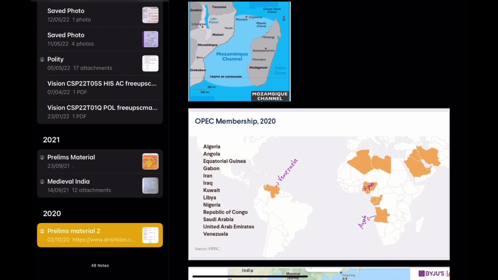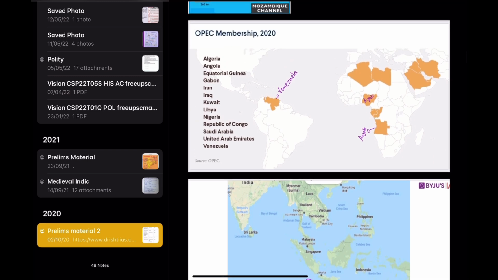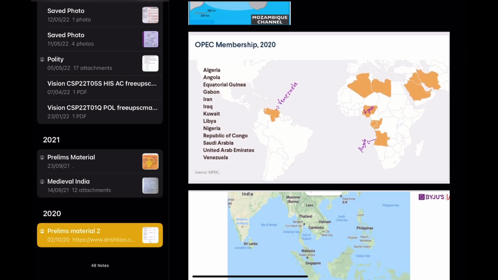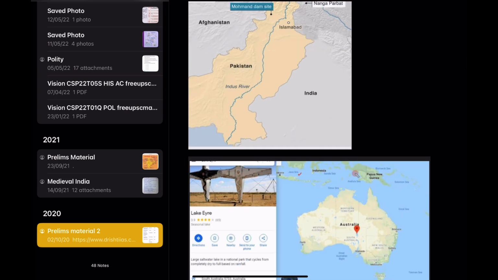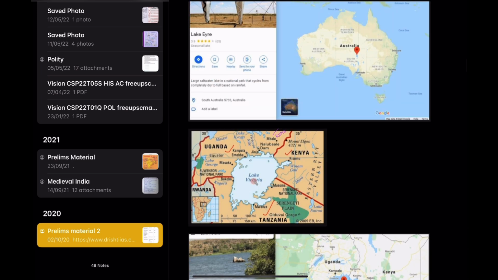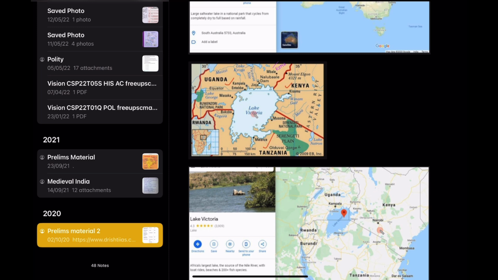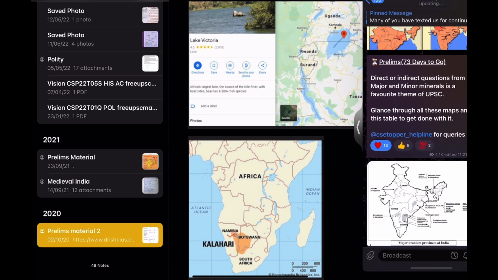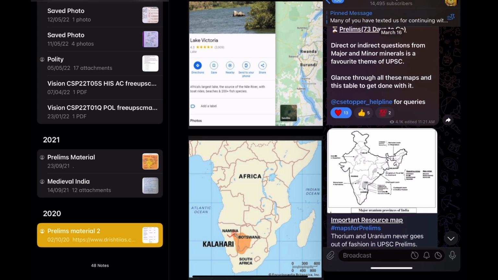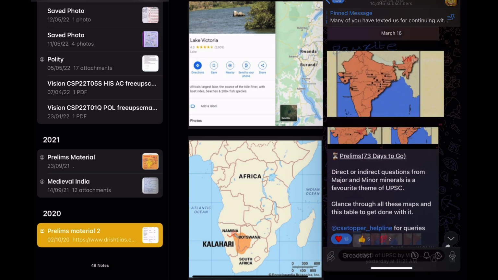And in the prelims exams that I sat in, because of having this content which can be revised very often, for example, this is the OPEC membership, you know that a question can be asked from this one. So this allowed me, particularly in 2022, to mark every question related to mapping correct because I was taking these screenshots. On the ABCD Telegram group that I run, I've been posting these pictures,